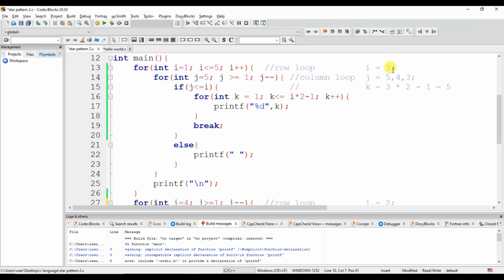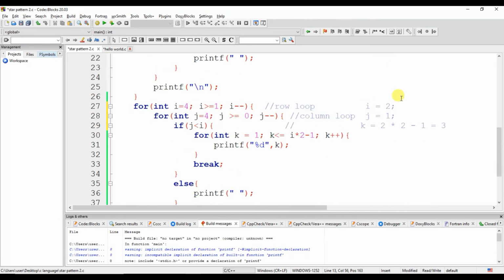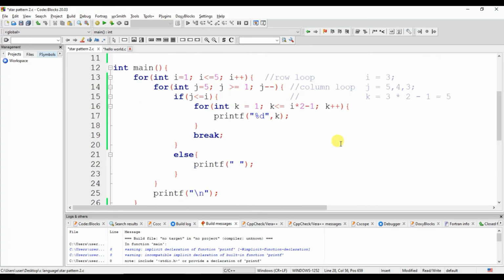After that I becomes 1, J becomes 4, and it will print 4 spaces because this condition will not be satisfied till J equal to 0. When J is 4 it prints a space, when J is 3 it prints one more space, and till J equal to 1 it prints only spaces. So we print 4 spaces.